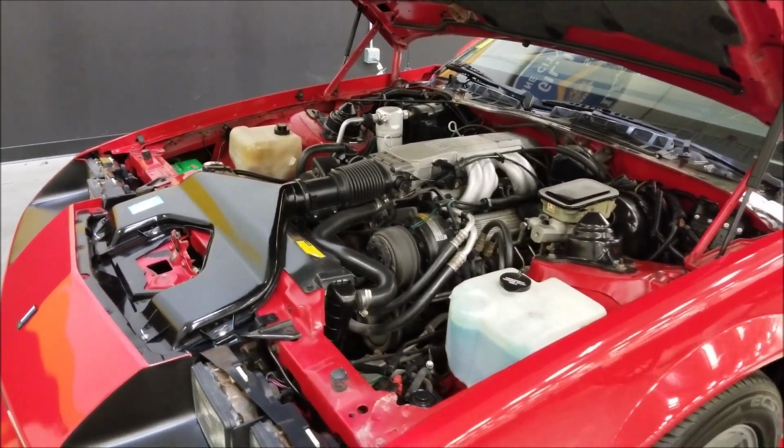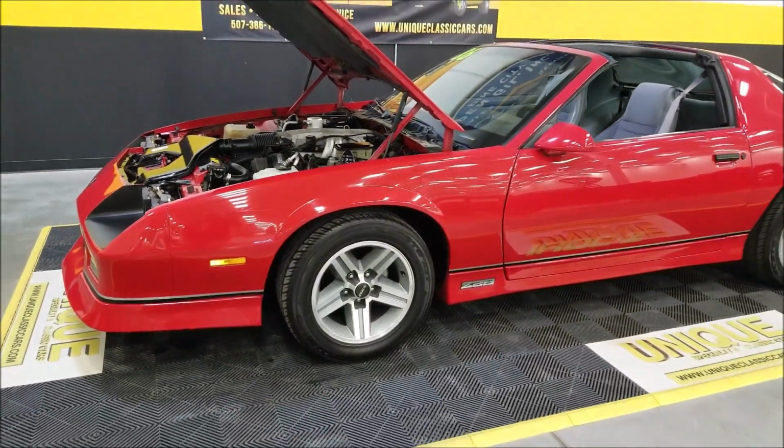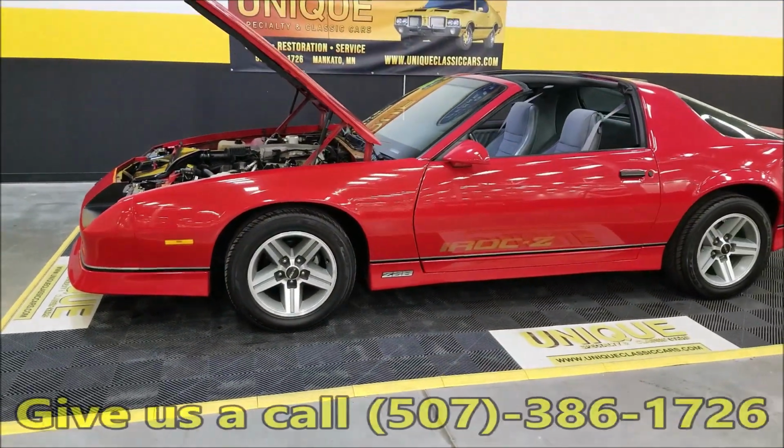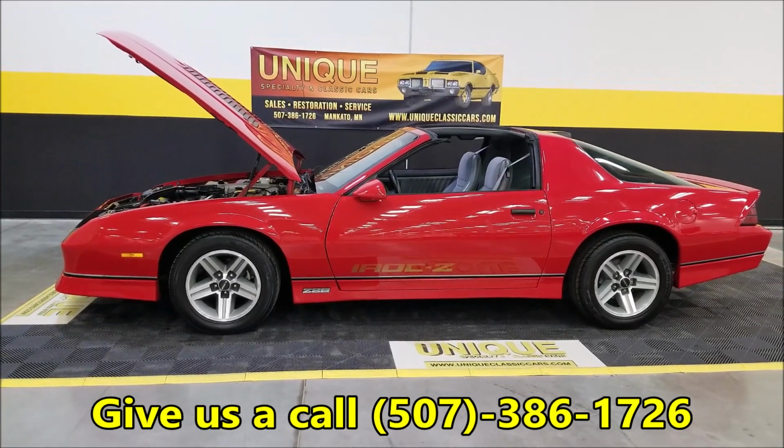So there you have it. Looking for a nice IROC T-top car. Here it is, 1986 Chevrolet Camaro Z28 IROC-Z package, give us a call,